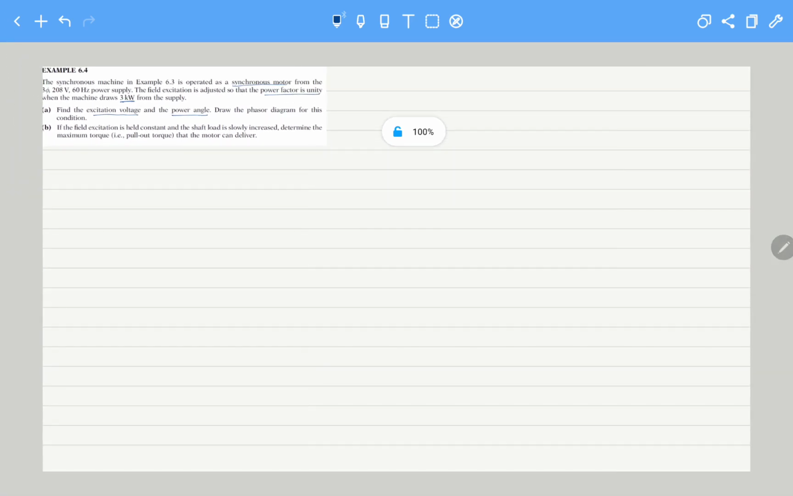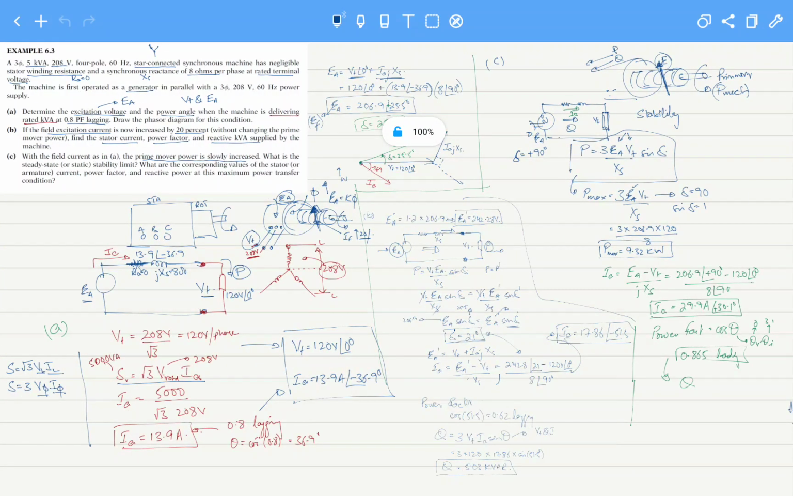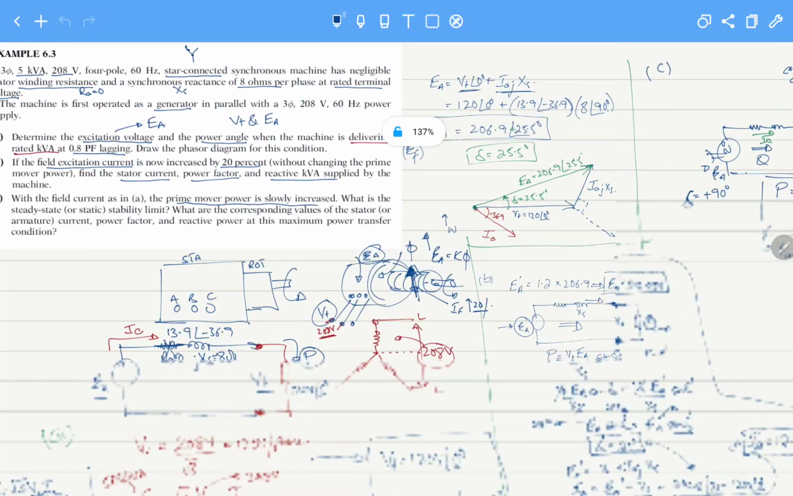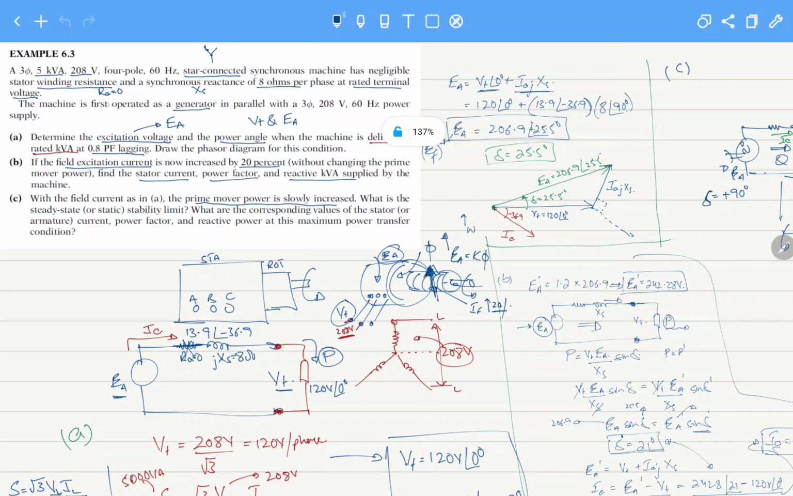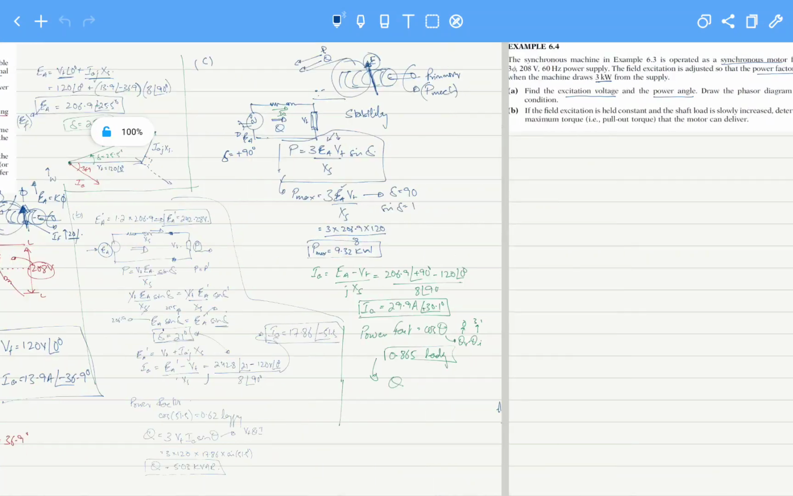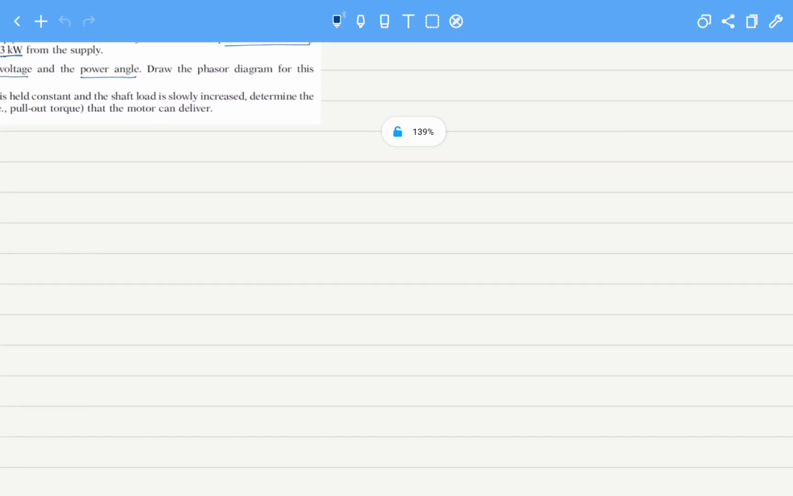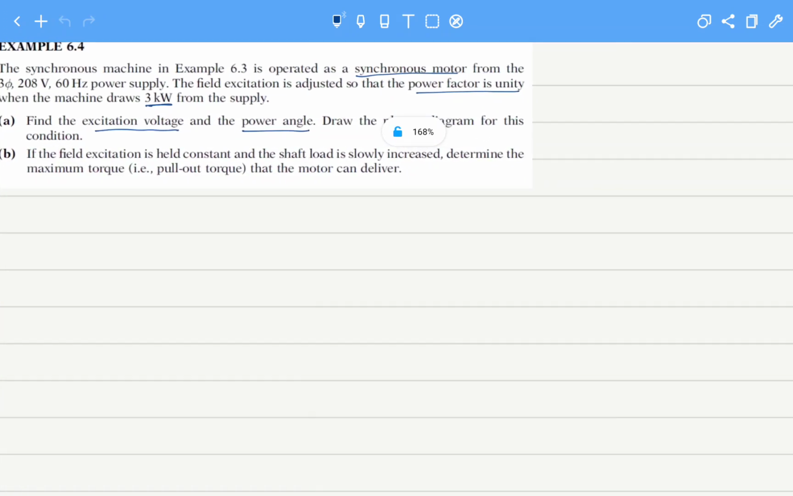So let's look at the machine in example 6.3. The critical information was that the winding resistance was negligible and the synchronous reactance for the machine was 8 ohms. And so we can start solving this example. The first thing is, it has told us that this was our machine,